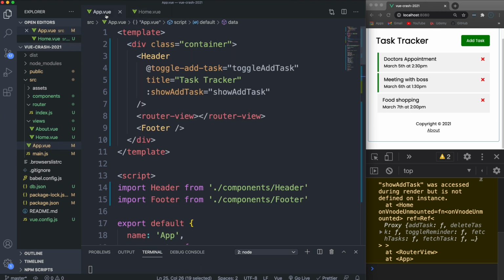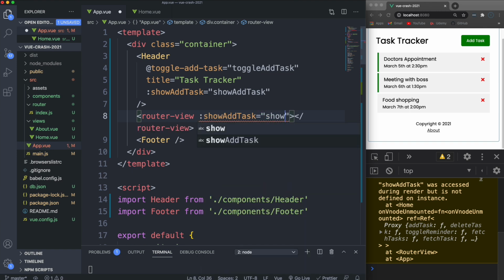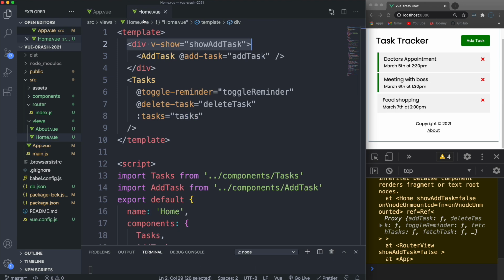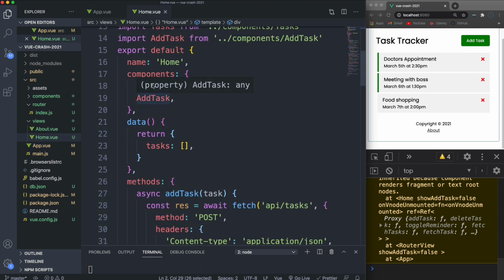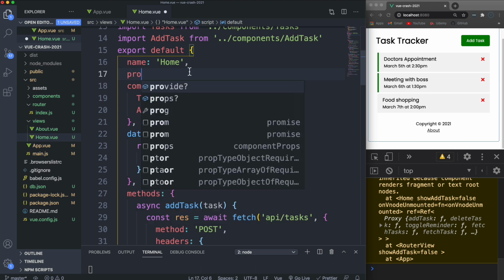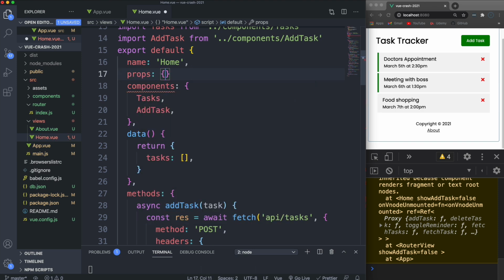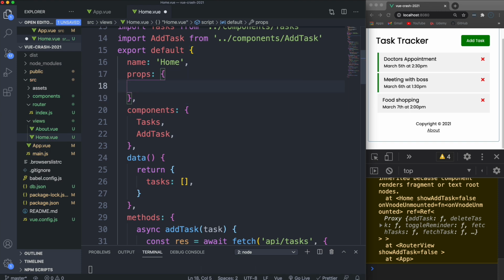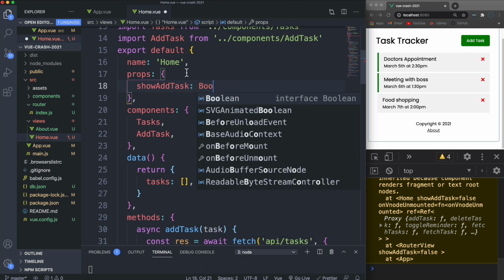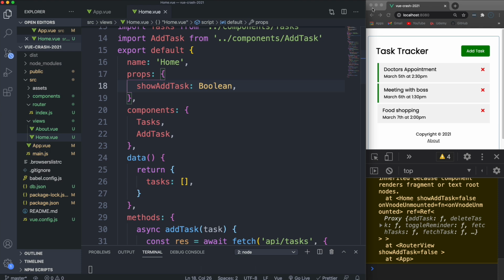Now we can actually pass props into router-view. So let's go ahead and say showAddTask, and we're going to set that to, actually we need to bind it, so like that, and then showAddTask. Right, so we can pass that in, and then we can catch that as a prop in our home. So let's add props here, and for showAddTask, that's going to be a Boolean. Save that,